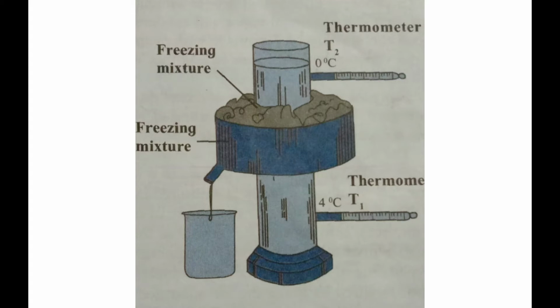are two thermometers T1 and T2. Now due to this freezing mixture, the water which is inside the cylinder which is near to this freezing mixture will start cooling. So once it starts cooling, in the beginning both the temperatures are the room temperature, and then when it starts cooling it will contract, so the volume will become less, that's why the density will become more. So that water will come down, so it will come at the bottom.